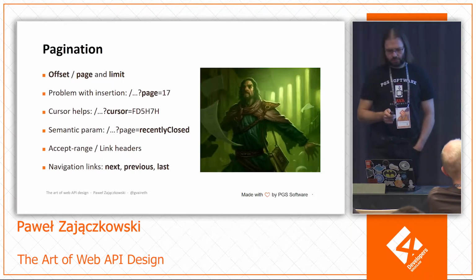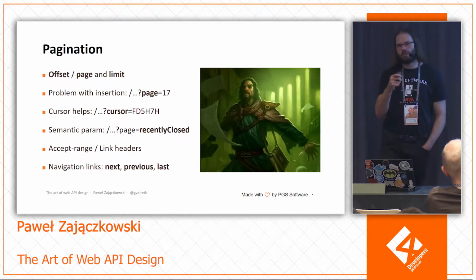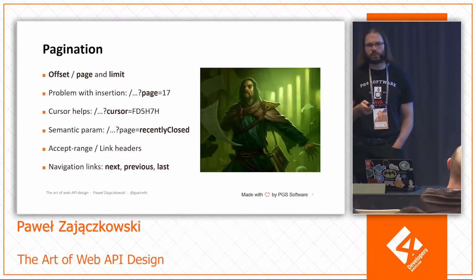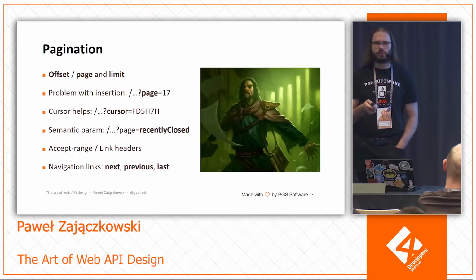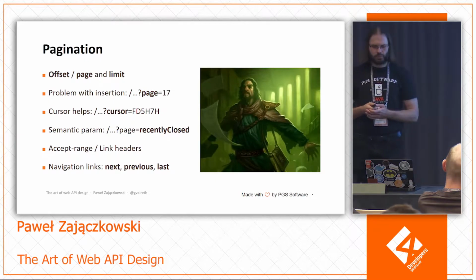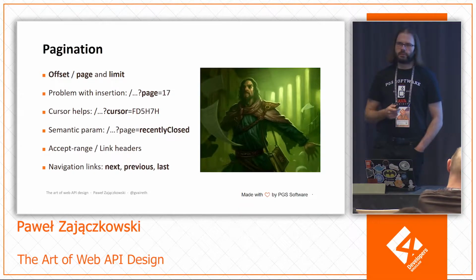Okay, now going on to pagination. Classically, we are using some kind of either index or page number and then limit or size of the page, but then we run into the problem that if somebody is concurrently modifying the collections while we are iterating with these windows, we might get some object twice or not at all. So how to help with that? We can have a cursor. We define a pointer to an element in the collection, and then we have a page size counted from this cursor. And this should prevent us from getting an item twice, at least.